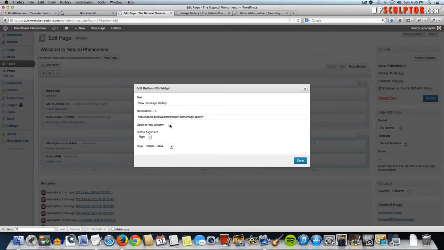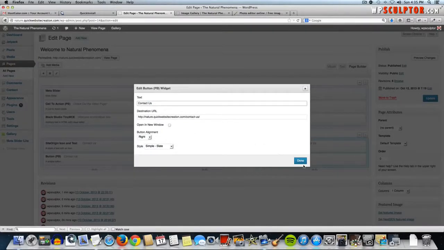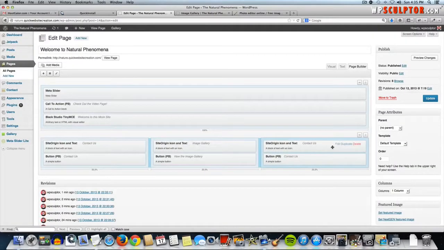I don't want it to open in a new window. I don't know why that's checked there, so I'm going to say Done. Then I'm going to make sure this one is not opening in a new window. Okay, that's good. Alright, and now let's work with our